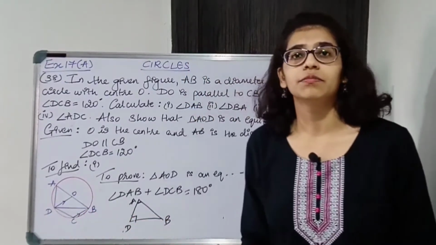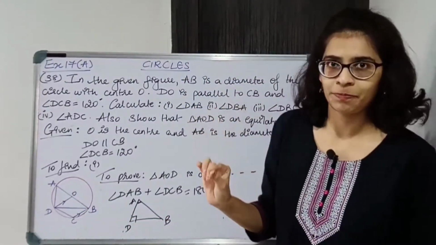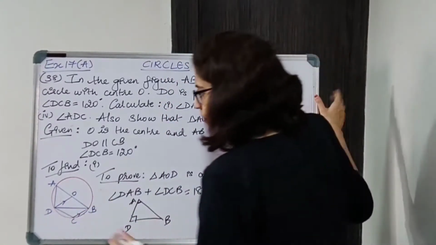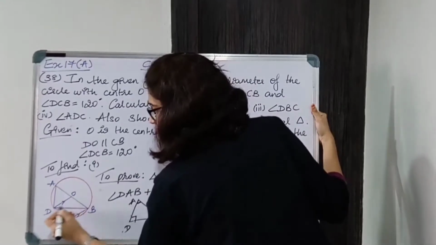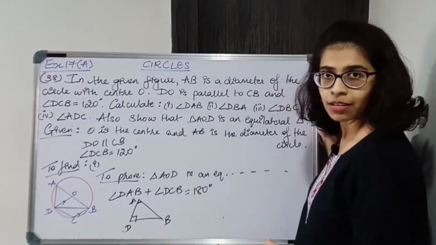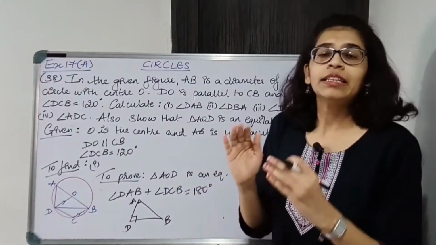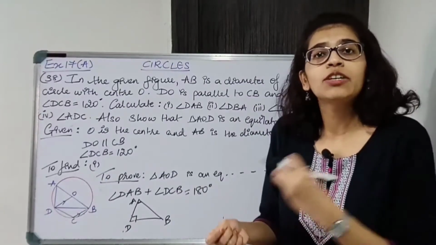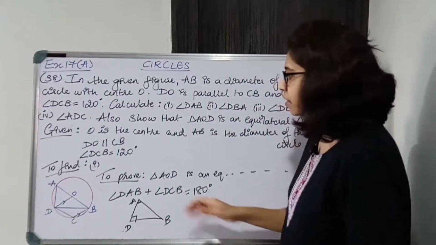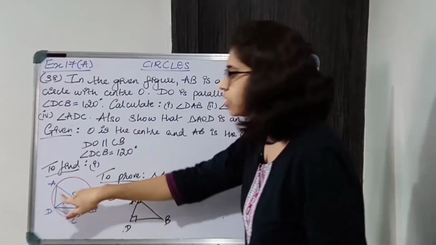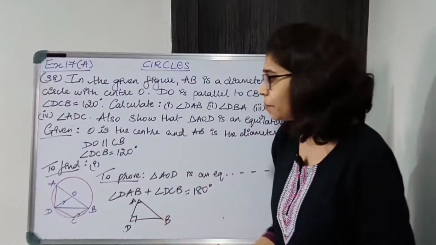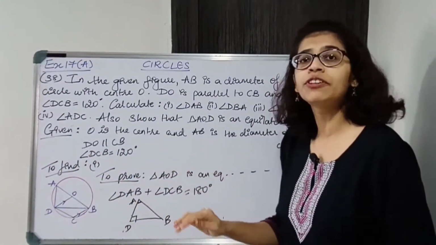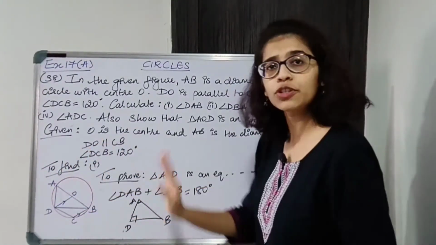Now DBC we have to find. Now this one is a little lengthy. To find DBC, I'll use the property of parallel lines. Okay, look at the angle and then think which property we can apply, by which property you can find it out. Okay, in the first angle it was easy, opposite angles of a cyclic quadrilateral. In the second one we had to find DBA, so we considered the triangle because we could find the other angle of the triangle. Okay, so the first two are done.